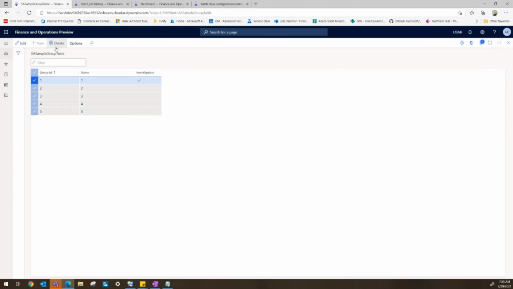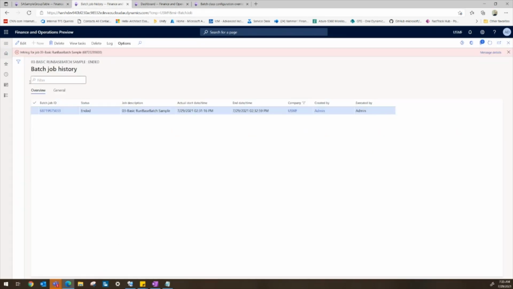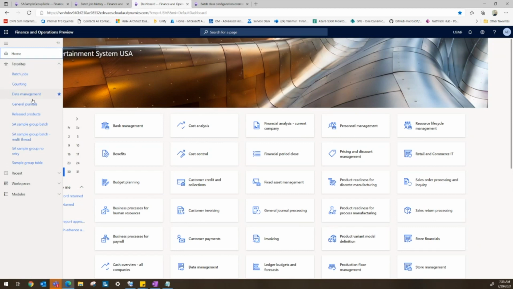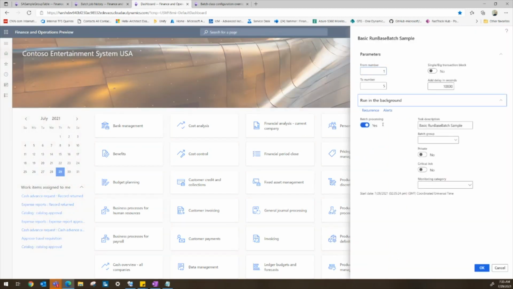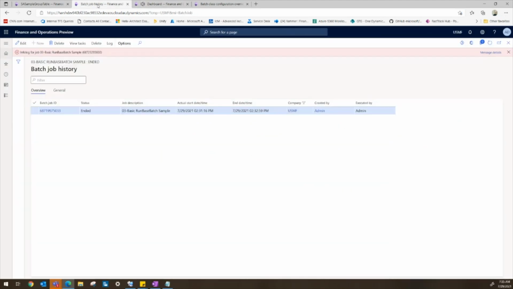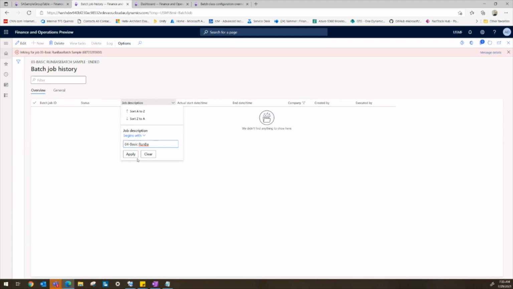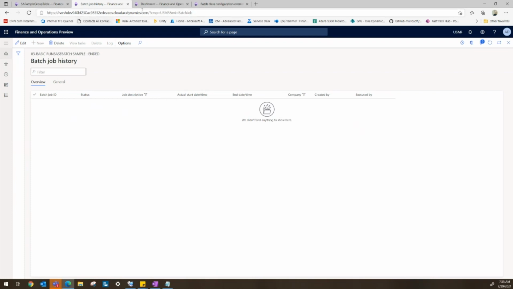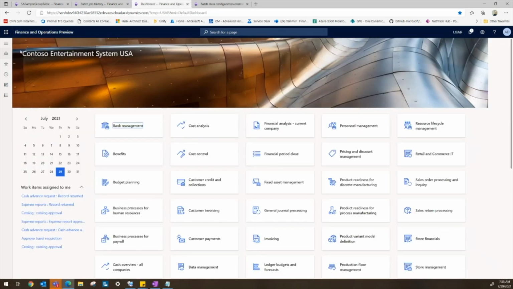So in this case, let me remove this record and again set up the same batch job. In this scenario it behaves in a similar manner to before: you will notice that in case of a SQL transient issue, the batch job will fail.